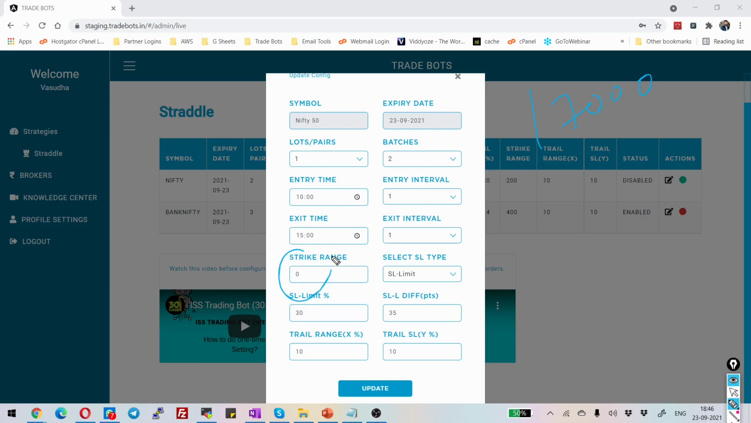If you give 0, then the bot will sell one 17,000 call option and sell one 17,000 put option. The bot understands that you want to trade at the money strike price if you give the strike range as 0. Instead, let us say you have given the strike range as 100. Then what this means is you are asking the bot to trade 100 strikes away call option and put